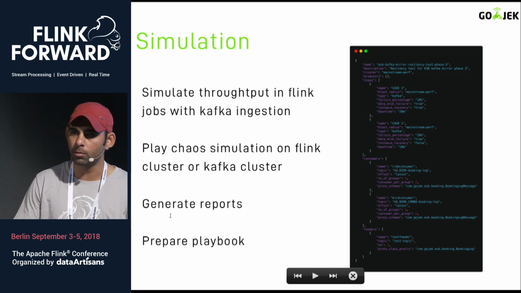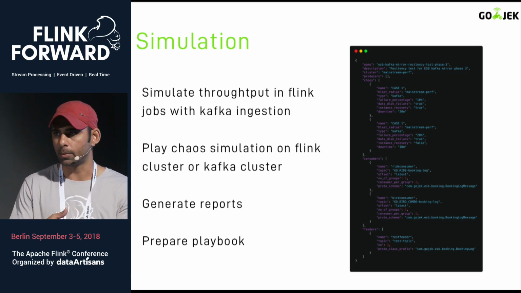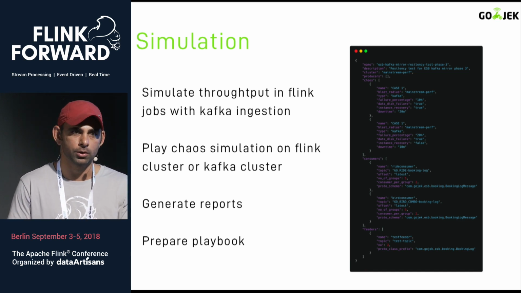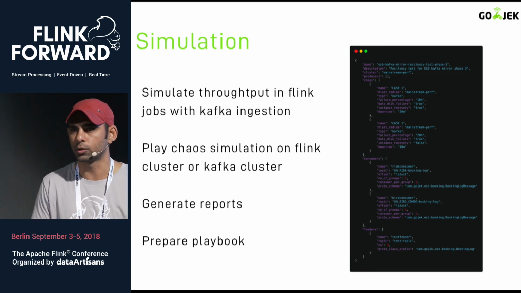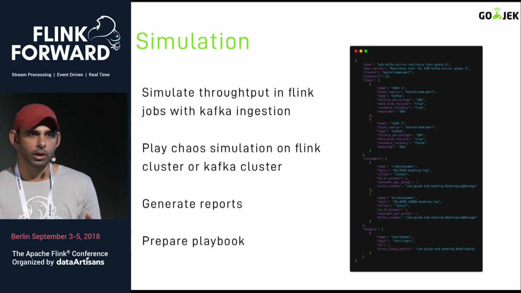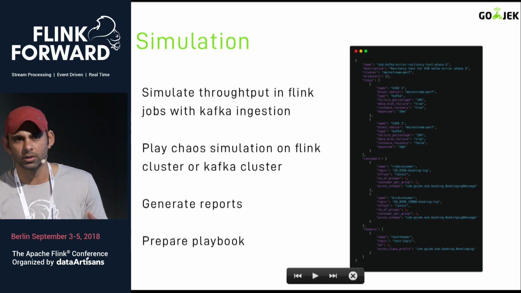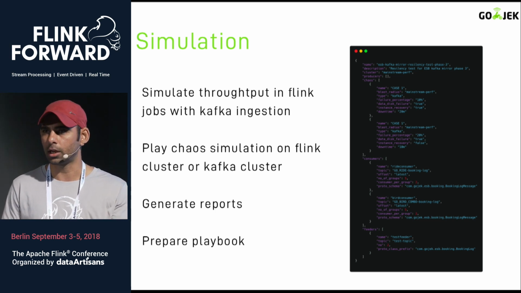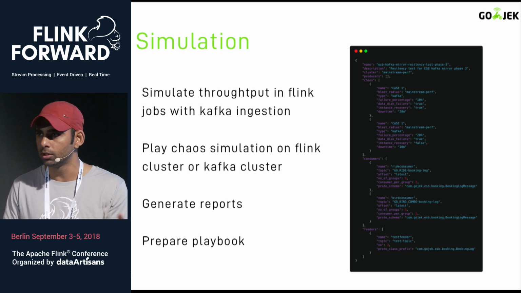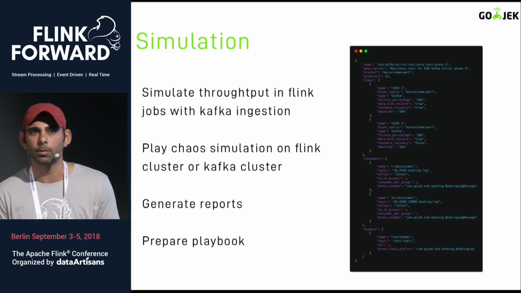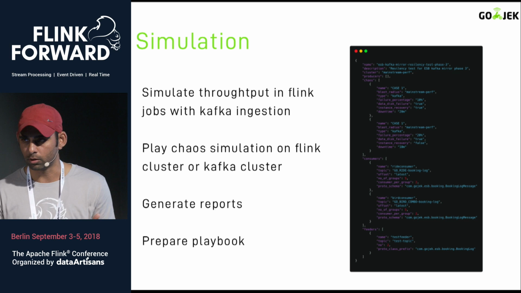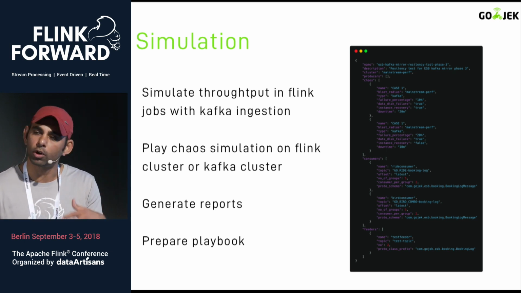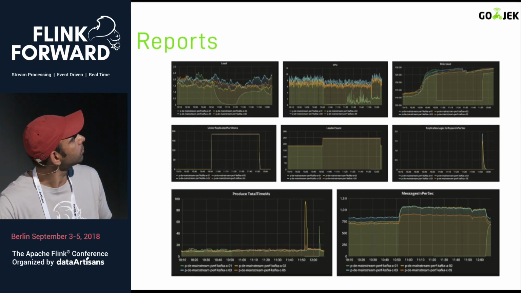Out of those reports, we come up with patterns: if this particular thing is happening, then this is the remedy you need to apply. Maybe if 10 jobs went down, you just need to spin up a new cluster, something like that, in a very crude manner. So we generate playbooks and write custom recipes around them. If we know this was a case that already happened in the chaos or simulation, then you can just run that recipe even in the production environment, and we don't have to spend much time on those cases. We've already seen those failure cases.